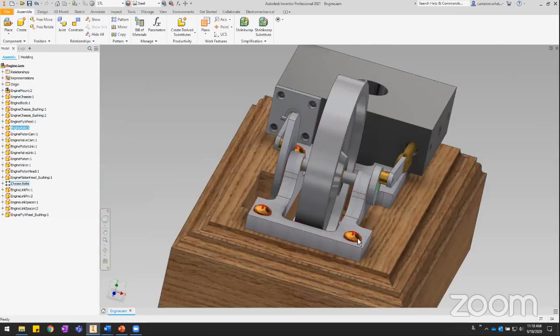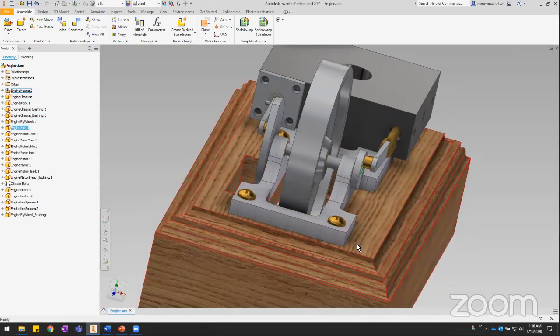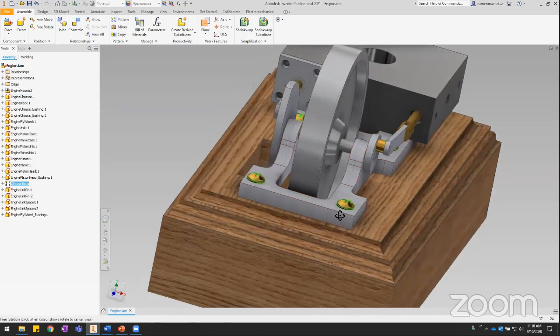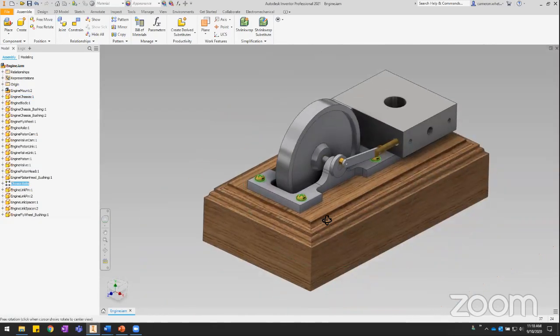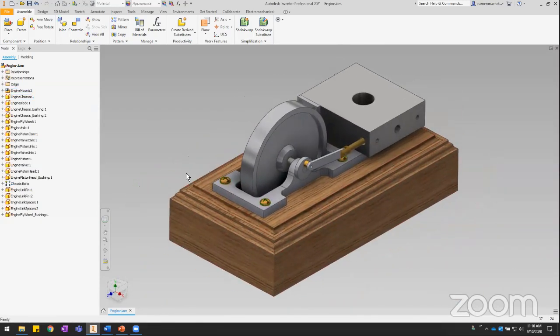And then we're also going to see an example of placing components from the content center, we're going to place these bolts. And I'll show you an example of how to create a component pattern with iLogic code. So we'll use this assembly as our example. We'll come back and forth, refer to it. But I'm going to go ahead and open up